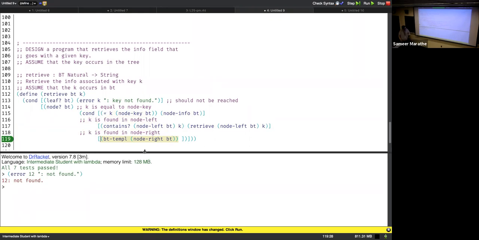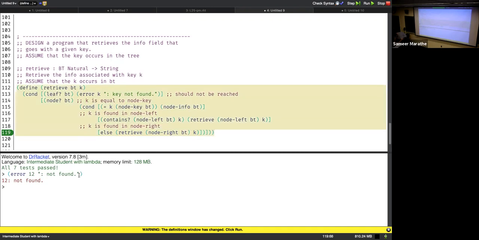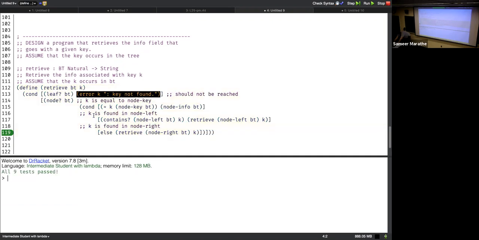So we can just do retrieve, but we need to say what the condition is, and in this case we can just use else. Okay, so otherwise we try to retrieve in here. No typos. Okay, let's just try if